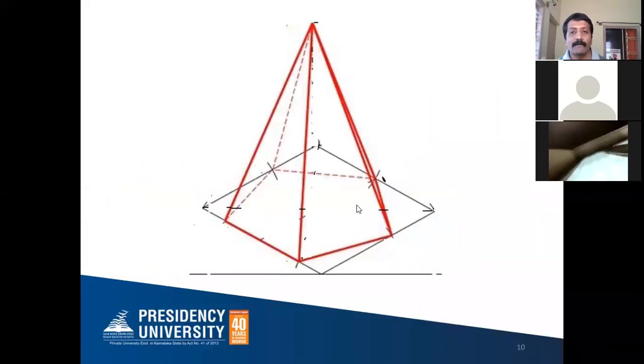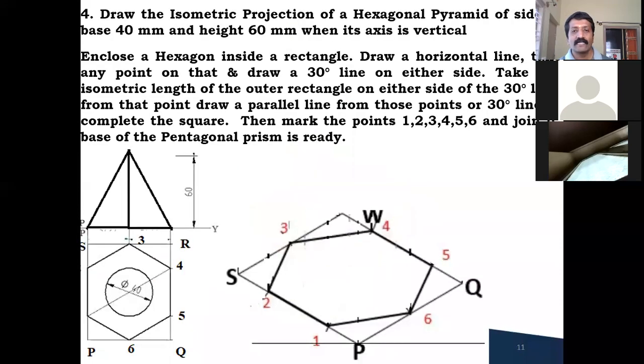As far as the base of the pyramid is concerned, these three base edges 1, 2 and 3 you can see. You cannot see the other two base edges. You put them as hidden edges, dotted edges, or else you can remove them, not an issue. Next, coming to the slant edges, from here to here, 4 slant edges you can see. You cannot see this slant edge, which is behind. So this completes the isometric version of the pentagon pyramid. That's all. We'll go to the next one, hexagon.